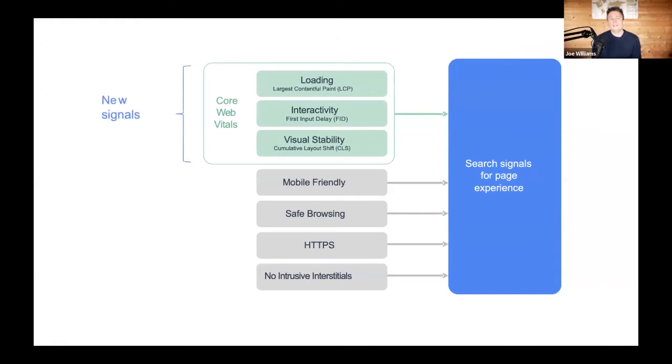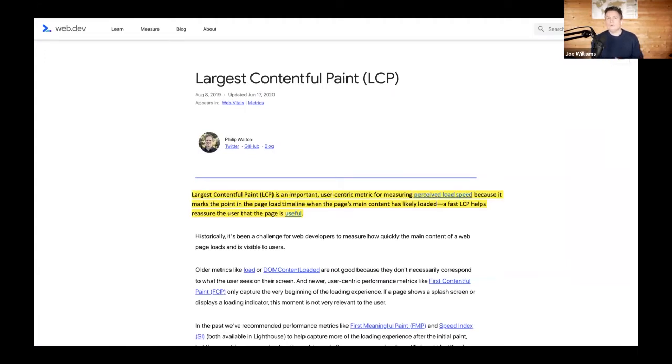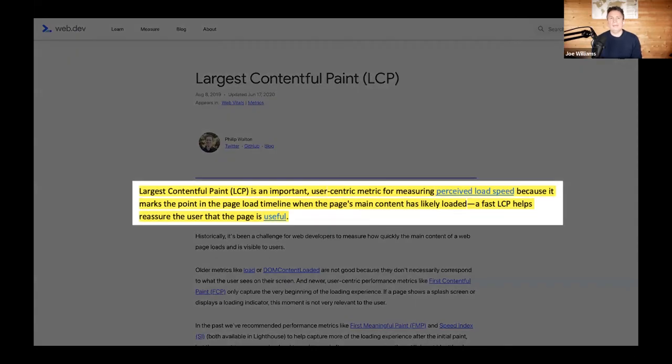Okay, so let's look at these new signals. They're collectively known as the Core Web Vitals, and they're predominantly to do with page speed. The first one is called Largest Contentful Paint, and it's to do with the loading of a web page. Google has this really good resource called web.dev, and what Google says is largest contentful paint is an important user-centric metric for measuring perceived load speed, because it marks the point of the page load timeline when the page's main content has likely loaded. A fast LCP helps reassure that the